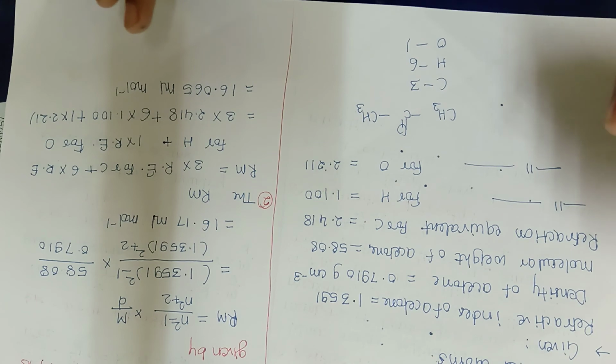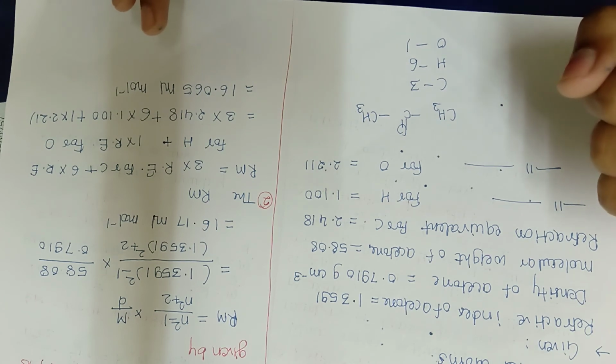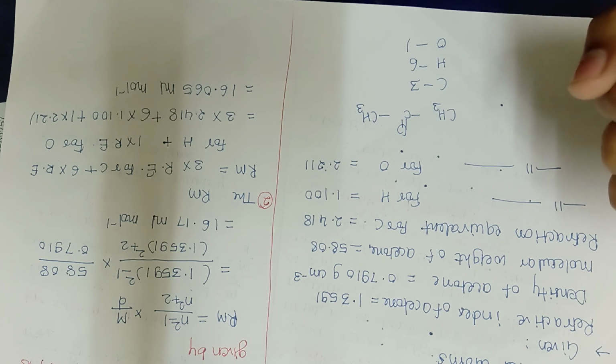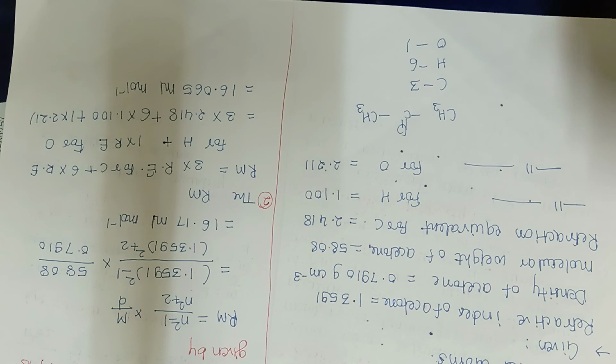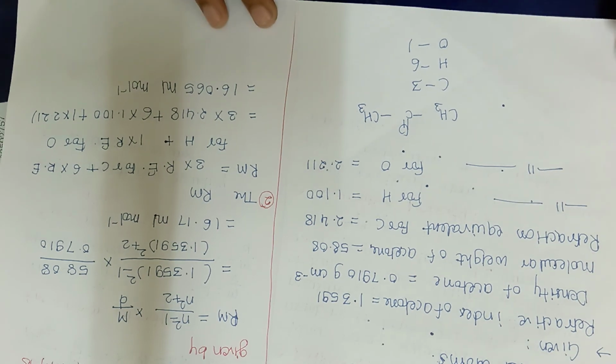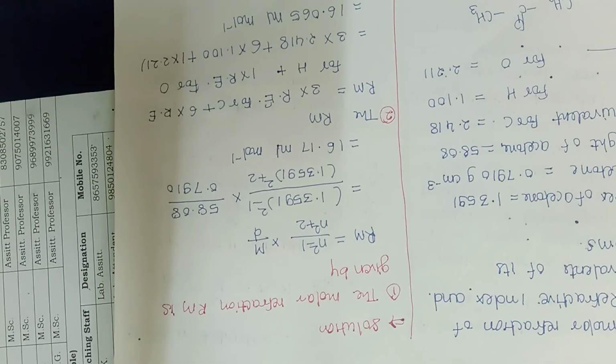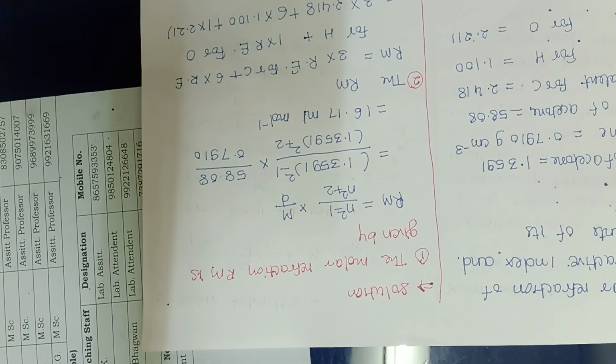So first we have to calculate the molar refraction, then we have to use the additive property. We will see what things are given. Okay. The Rm formula is n square